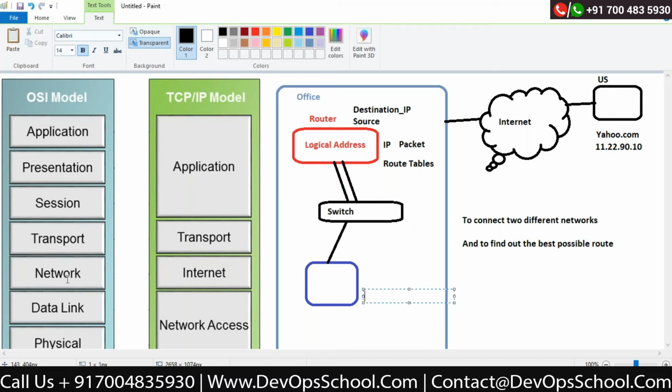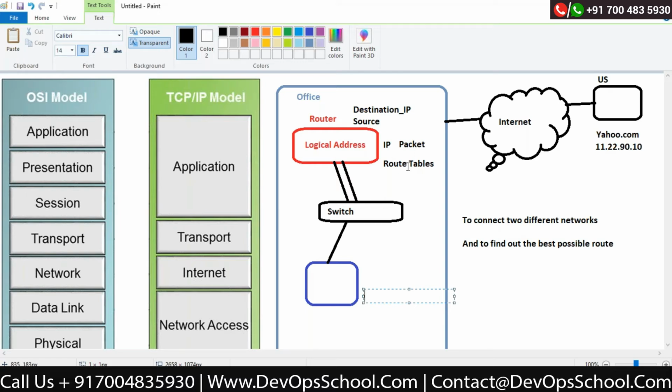So whenever ISO created a standard in the network layer, they said these devices have to be standardized devices. Both functionalities should be there: to connect two different networks together and make the communication possible, and to find out the best possible route, correct? That functionality should also be available in the router, correct?